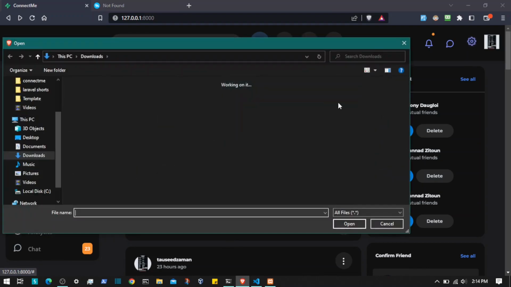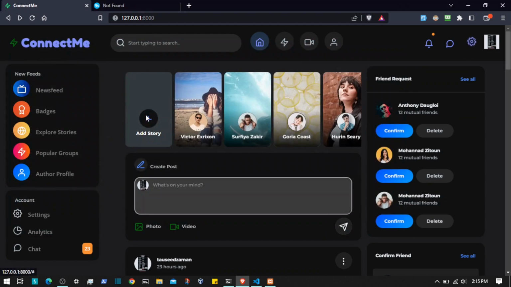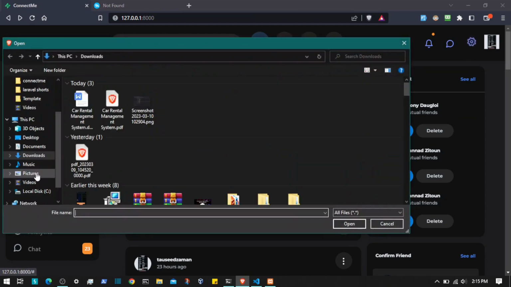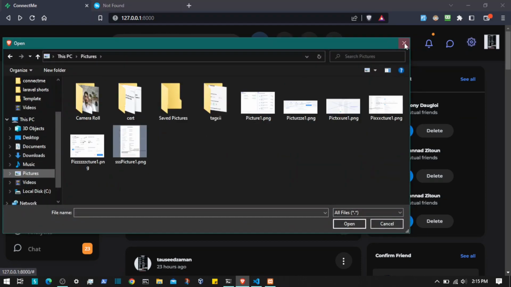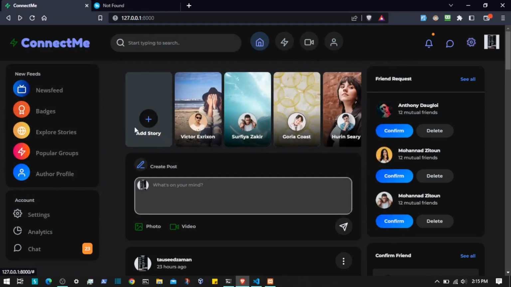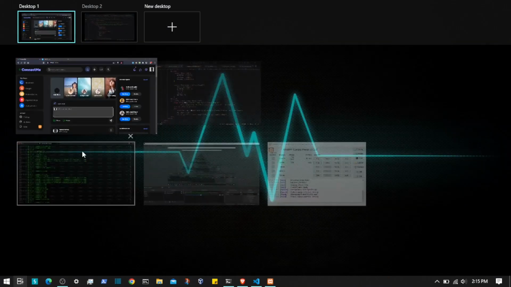If I click on the plus icon, it's going to pop up so I can choose a file, and we can validate that, like only allowing images. So now we have to work on the